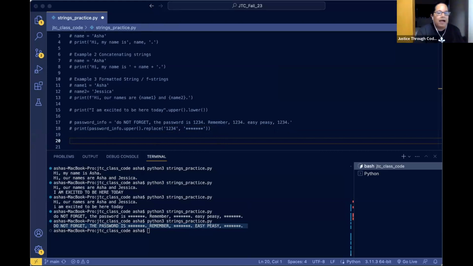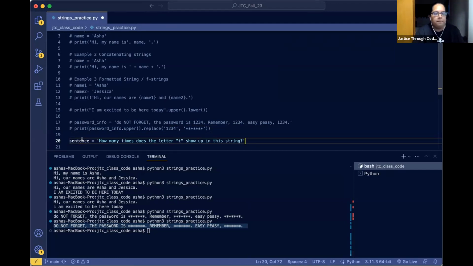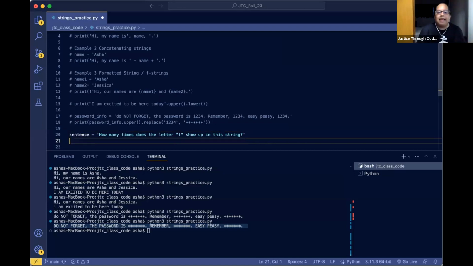Okay, so say we have a sentence, and for whatever reason, you want to count the number of T's, the letter T in a sentence, okay? We have a method to count. Again, count is one of those methods that you will use all the time. So say I want to count the number of T's,